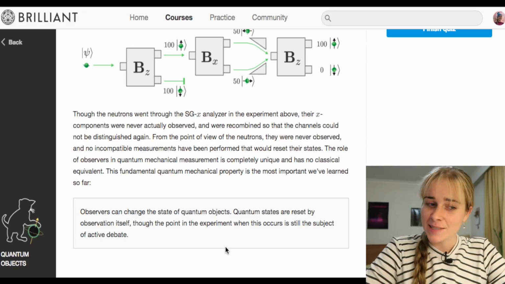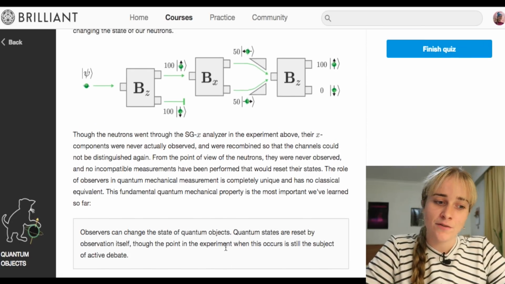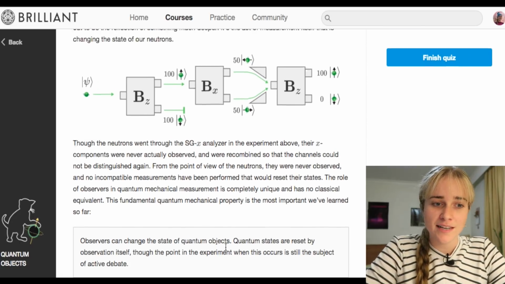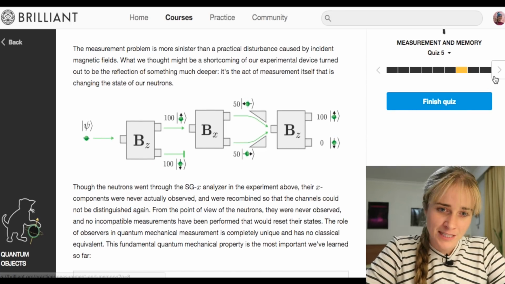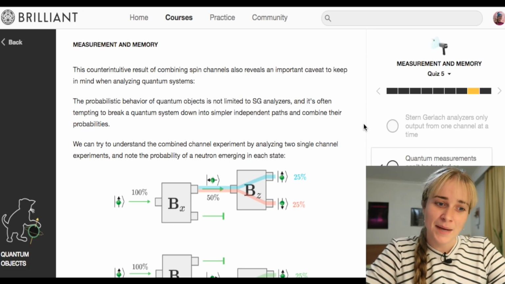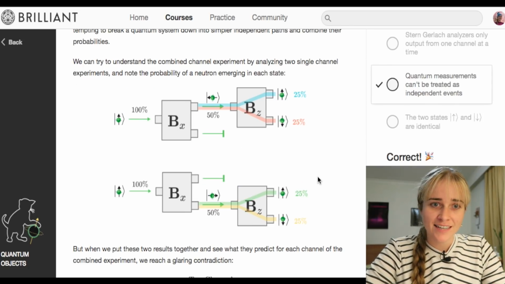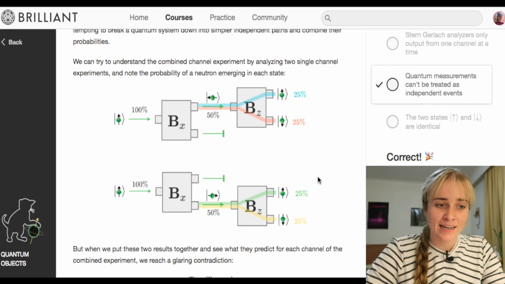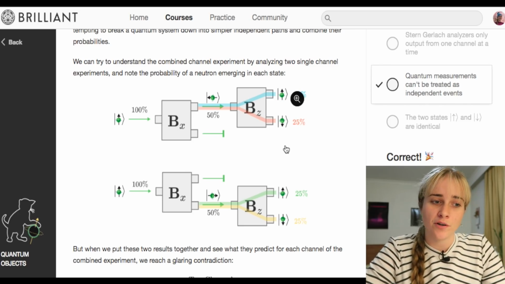I'm not quite sure what that last point means about the debate over which point in the experiment this occurs. Maybe they'll get more in depth into that, but I can't say for sure I understand what exactly the debate is there. If we try to understand what's going on here by analysing, I guess, the path of a neutron